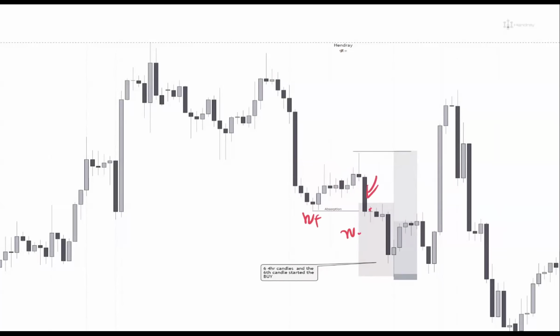So we have candle 1, candle 2, candle 3, candle 4, candle 5. We are now in the second day, which was a Tuesday, and the one that has given us D plus is exactly the 6th candle. Candle 6 started the buy. This buy, I posted it on Twitter at that time because this move was from FOMC, and I cracked a boring joke: thank you sellers. If you remember that particular post, the first time I posted something like thank you sellers for the buy, thank you buyers for the sell, it was actually this post that I used.